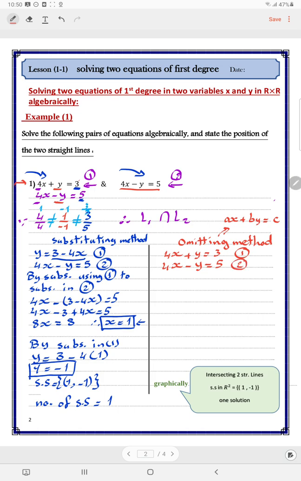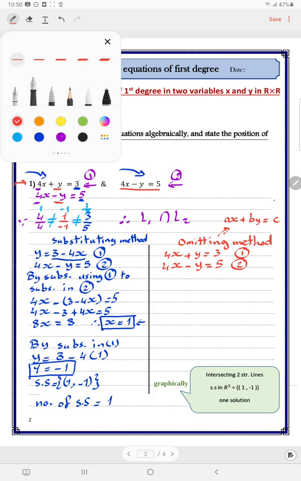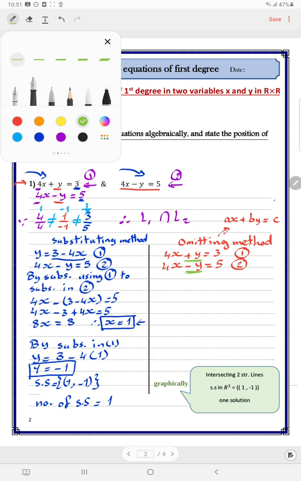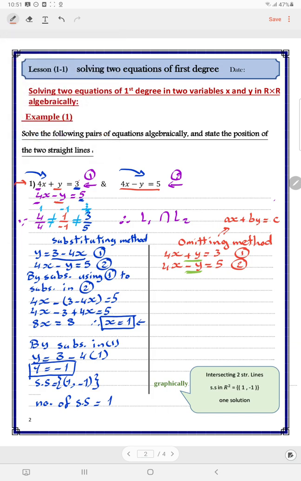If I look at the equations, the coefficient of y in the first equation is positive 1 and the coefficient of y in the second equation is negative 1. So one of them is the additive inverse of the second. By adding the two equations, I will find the value of x. Let's see. By adding the two equations 1 and 2,